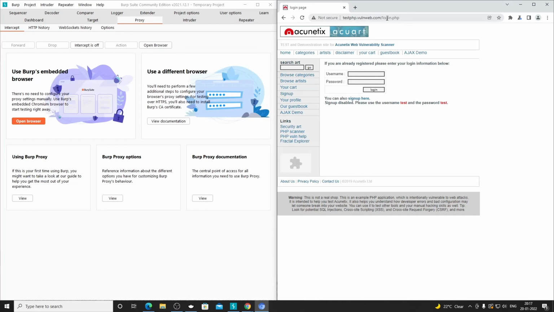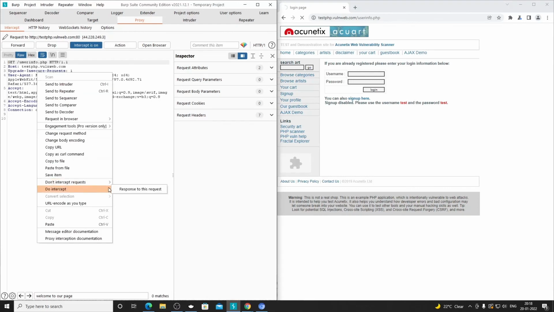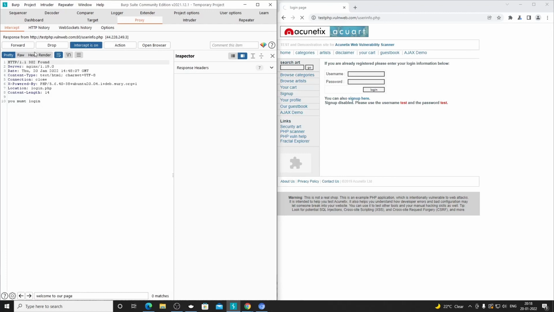See, if I open userinfo.php, it is directing me to login.php. Why? I will show you. I will again turn on the intercept and access userinfo.php again. Here you can see that we are sending a get request to give us that page. I will intercept the response just to see what is going on. Click on forward. In the response we got 302, but most of the time, like I told you, it completely depends on the server. Right now it is saying 302, which means redirect, go to login.php.